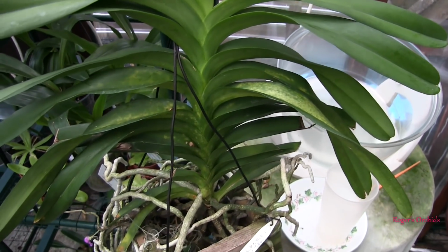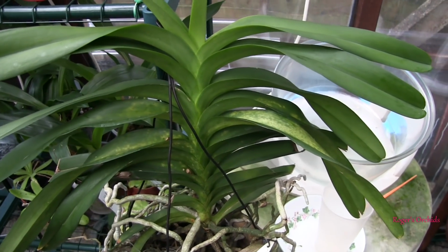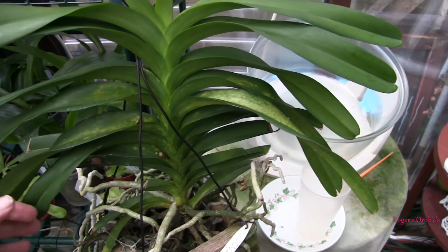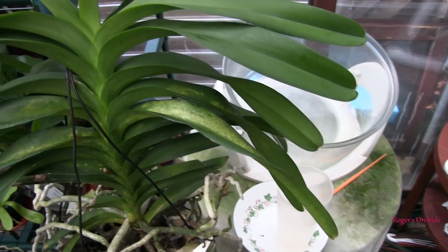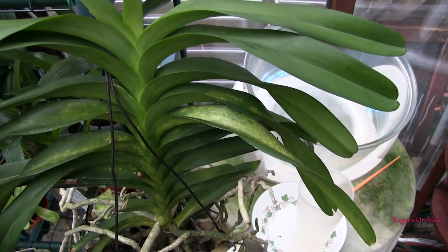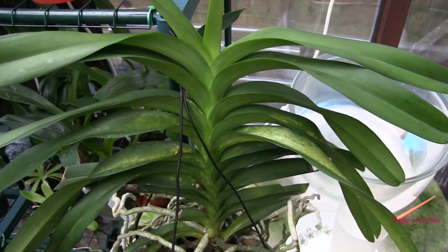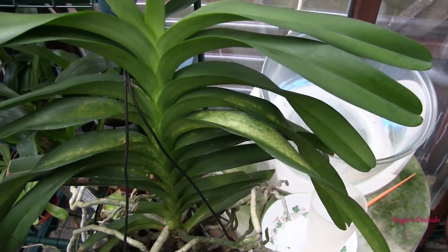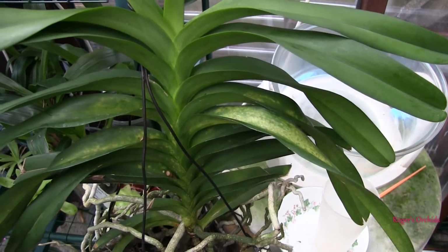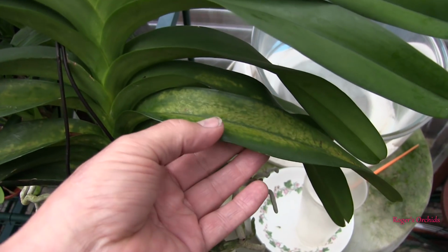The other one was the orchid fleck virus, known as OFV in capital letters. That's how you normally see it referred to. This is, as viruses go, probably quite common compared with some of the others that are around. I've looked that up, and in very close detail on Vandas specifically, because this is a Vanda, so I wasn't interested in what it looks like on other types of orchids, simply because it varies in its appearance depending on the leaf type. Yeah, but on Vandas, the markings are